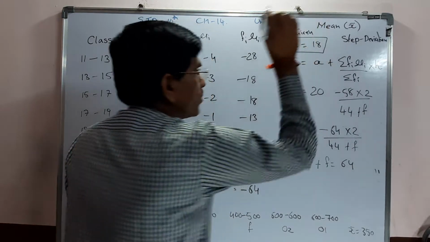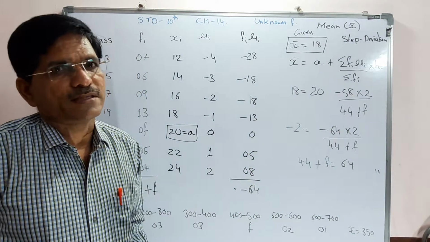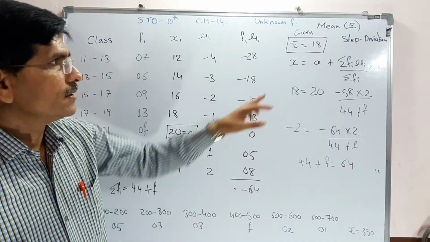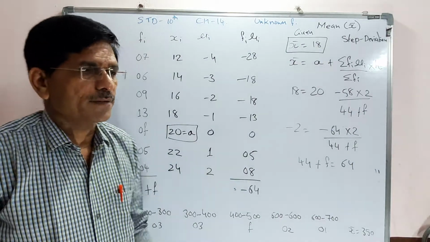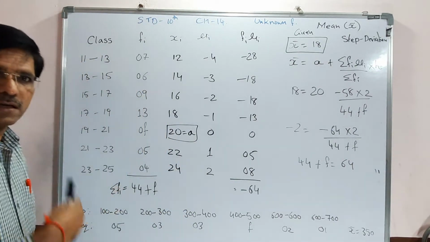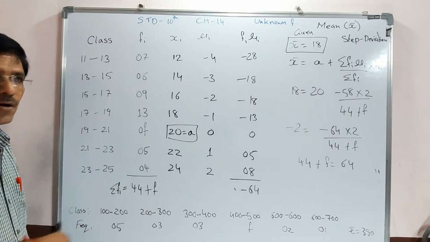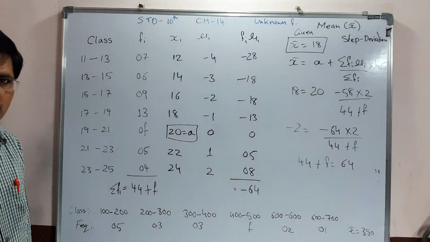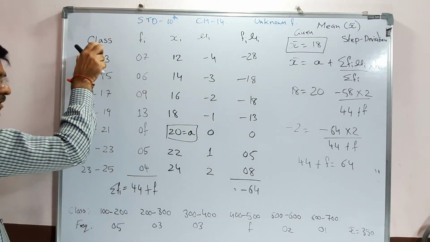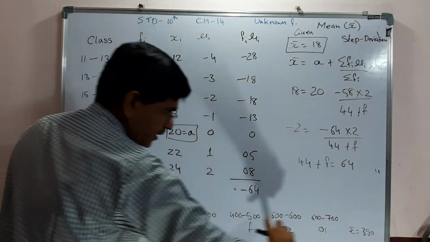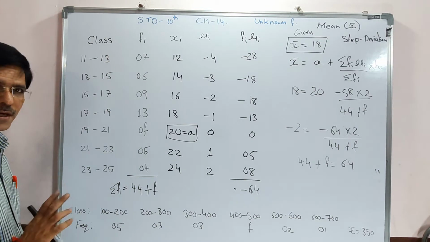It means mean is always given. Whenever unknown frequency questions are there, at that time they give the value of x bar. Always remember. Now, in statistics, every time classes are there, so we have to check whether they are proper or not. Every time, if you see, the difference is the same. When the question is in horizontal form, we have to convert it into vertical form.